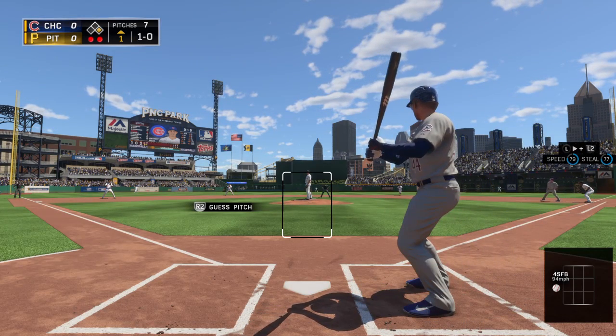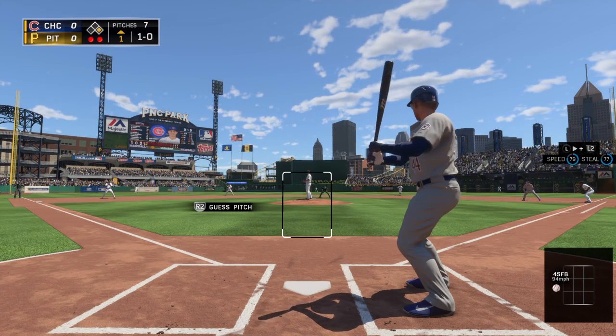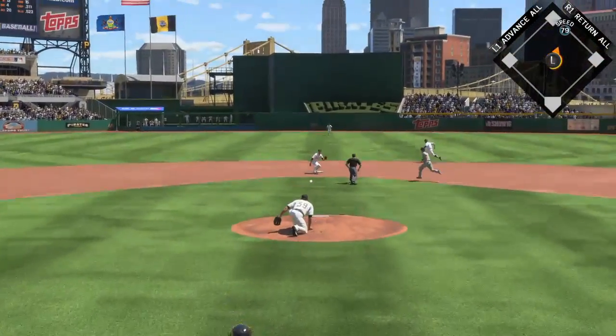So let's take a peek at the umpiring crew working this one. Behind the plate is Eric Cooper. Well, I think Cooper is pretty well liked as an umpire, but if he...